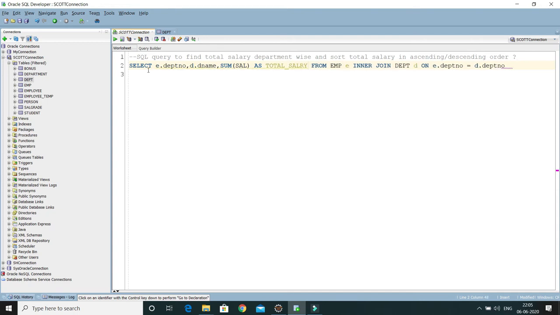This is just a column alias, whatever salary is going to be calculated, we will give the column name as total salary, right? And here basically you have to do the group by. So here we'll write group by based on department number and department name. We want to group the information based on these two columns, right? And again we would like to display this information in ascending order based on the total salary. So here either you can use this function in the order by clause or this alias name. So here finally you have to give order by